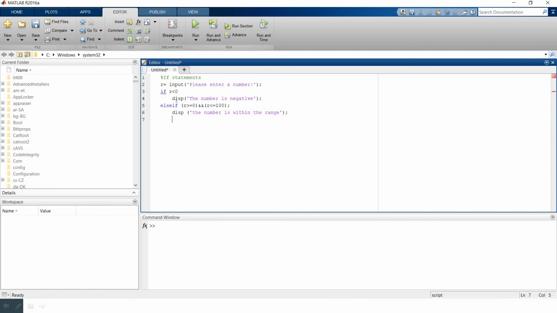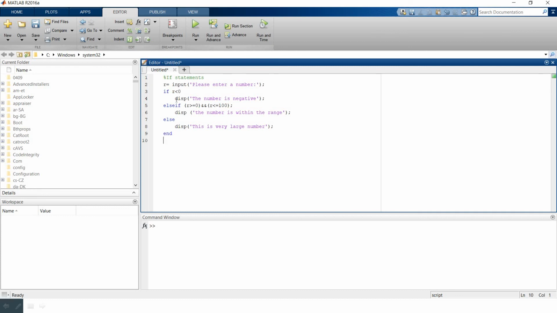Else, if we enter something beyond this, then we'll display the message: this is a very large number. Okay, and let's end our program.